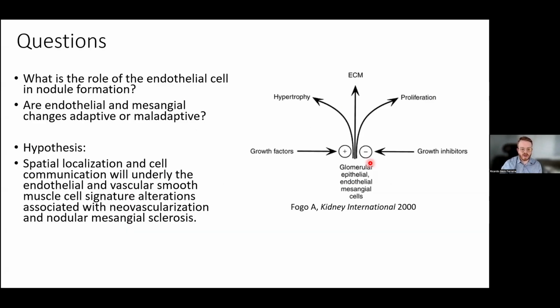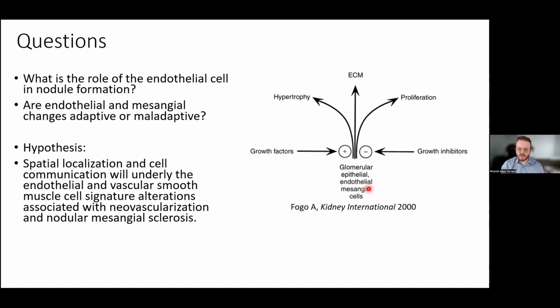So these are our questions, right? What is the role of those endothelial cells in the context of mesangial nodule formation? And are endothelial cell and mesangial cell changes in this context adaptive or maladaptive? So you have essentially growth factors and growth inhibitors of endothelial, epithelial, and mesangial cells, and we want to understand this balance. And then our hypothesis is that the communication of those cells in the glomeruli will underlie the